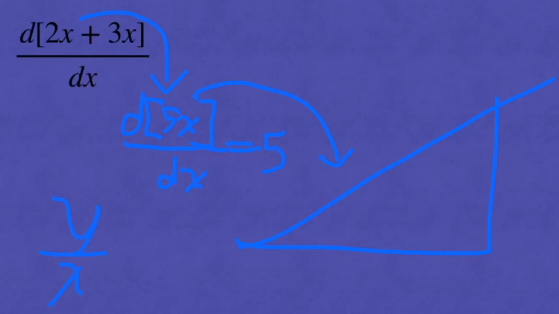Here, there's not really much of a change, right? So this is just y over x, or 5x over x, and that equals 5, right? Or you could think of this as mx plus b, where b equals 0. So 5 is just the mx, and m is the slope. So we can just cancel out the x, sort of, and get m instead. So now we know the derivative of this function